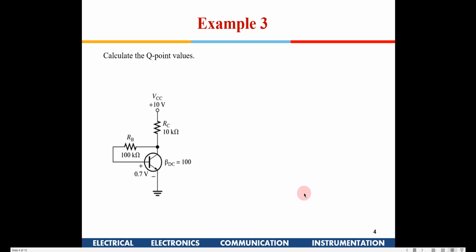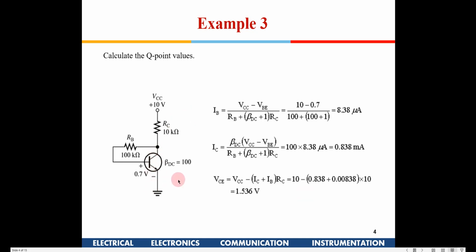Now this is another, actually a very similar thing. Again you have a 100k ohm resistor. Now if you see here, there is a small difference. This is 0.7 volt out here, right? So to compute IB, we need to know this drop also, right? So what is this drop? This will be IC into RC.